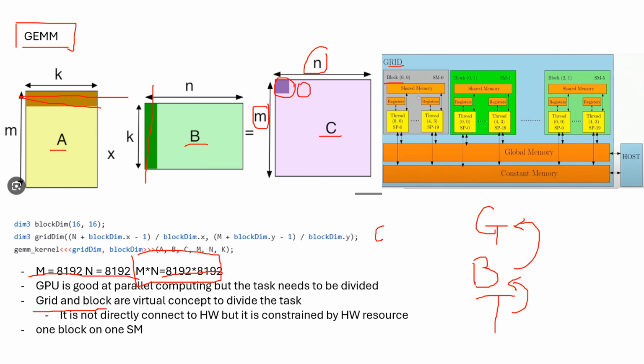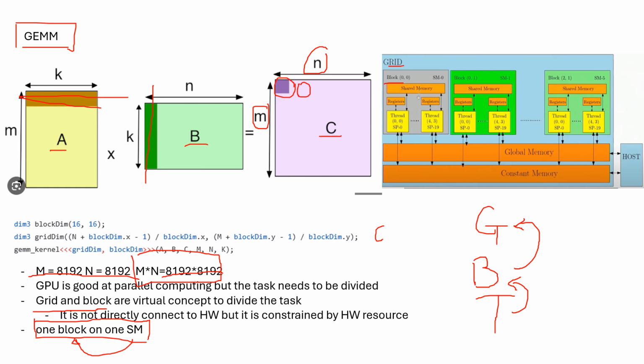The key thing we need to remember is that one block can only reside on one SM. This is the stream processor. We can't have one block across multiple SMs. So this actually gives us the limitation here, because if one block has to reside on one SM,